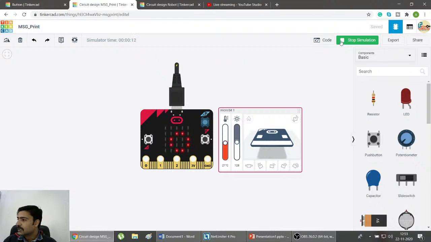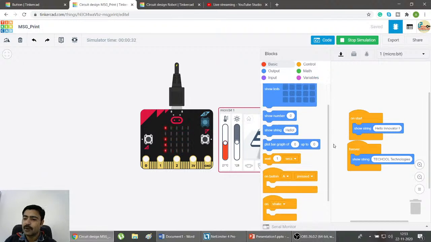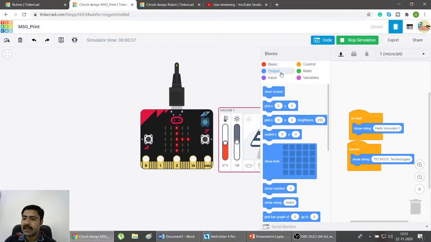Okay. Educational learner. What is Microbit? Okay. I'll show you. So what is there? It is displaying a message there. And what is that message? Hello innovator, TECHOOL technologies. So this is again a predefined programming block mentioned there in our Tinkercad, which